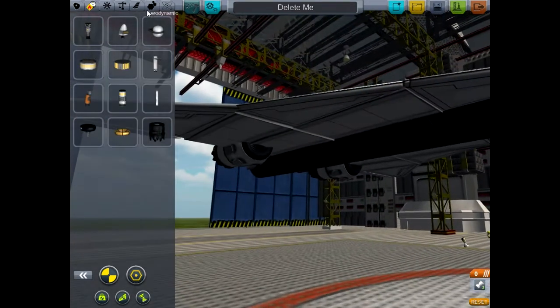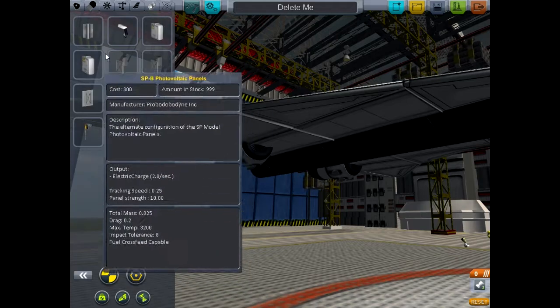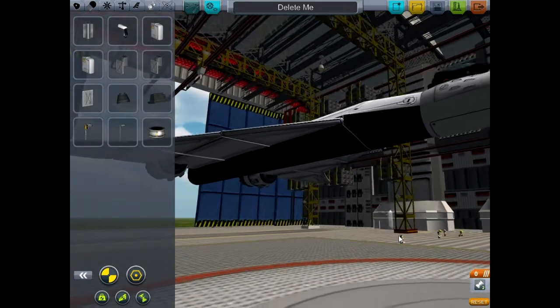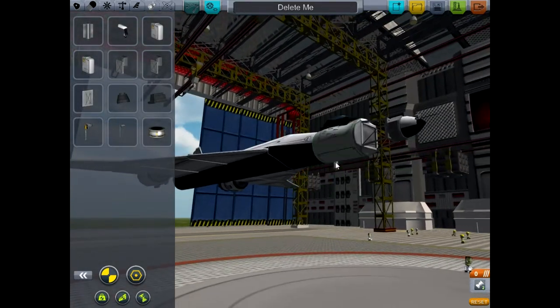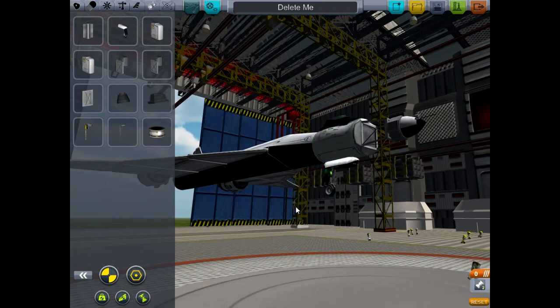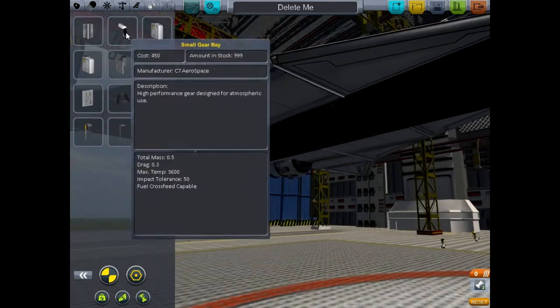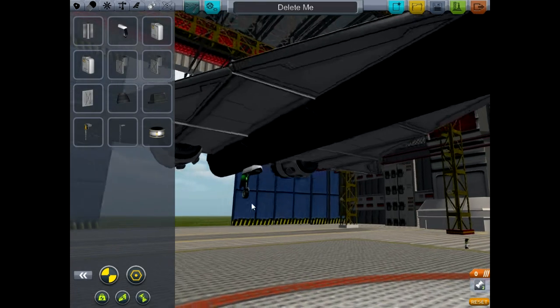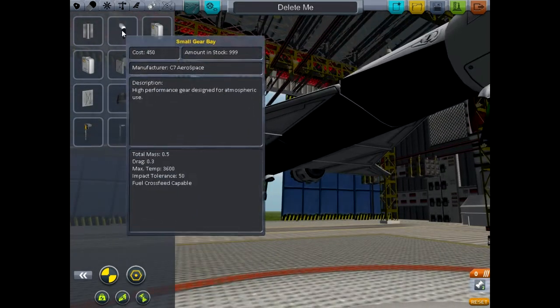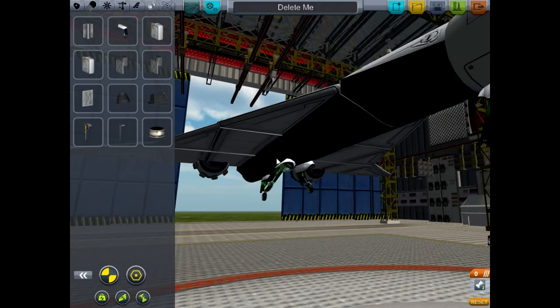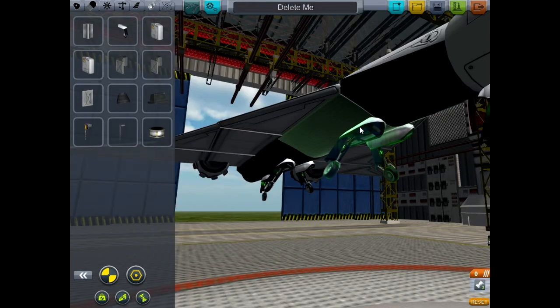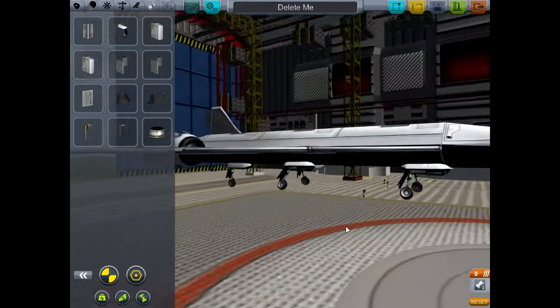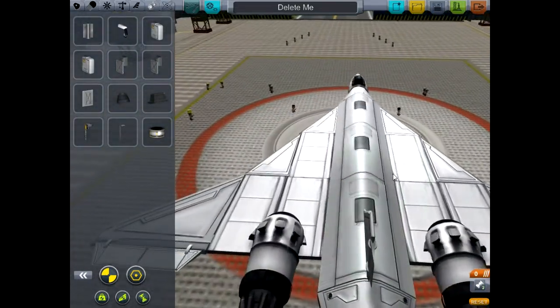And just real briefly, I need landing gear. Landing gear is also pretty hard to put on. Not when you do it this way, but for example, when you want something under the wing, it gets pretty difficult. So I'm just gonna hopefully make this stable so that I can really quickly give you guys a demonstration